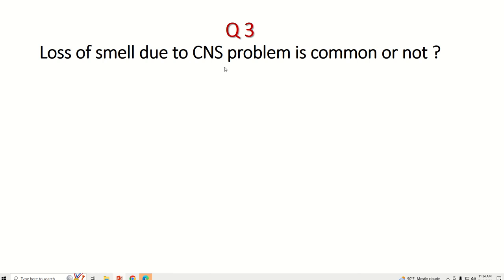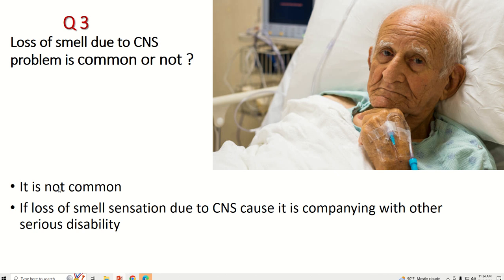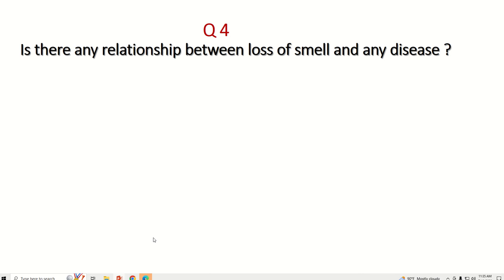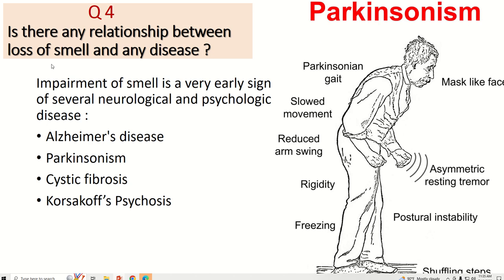Is loss of smell due to a CNS problem common or not? It is not common. If loss of smell sensation is due to CNS causes, it is accompanied by other serious disabilities. Is there any relationship between loss of smell and any disease? Impairment of smell is a very early sign of several neurological and psychological diseases: Alzheimer's disease, Parkinsonism, cystic fibrosis,